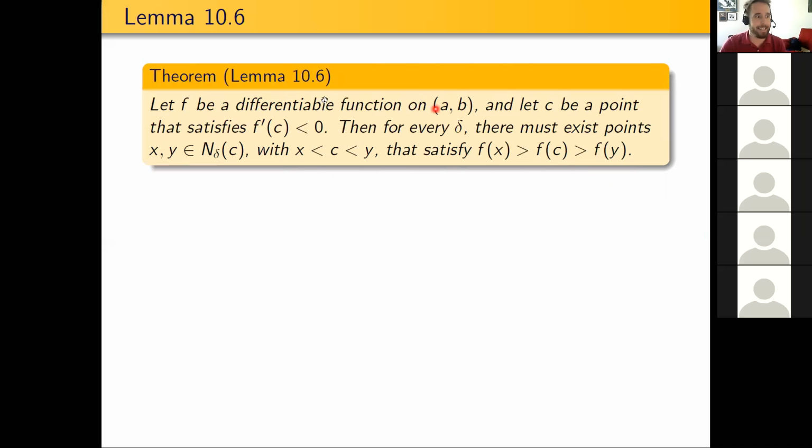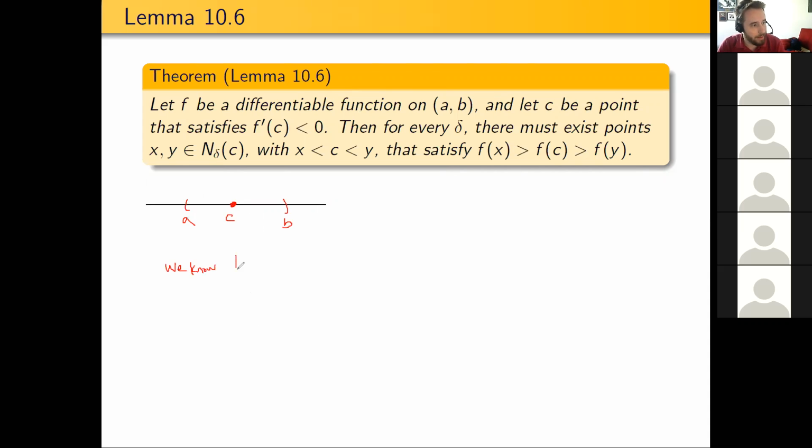So the big idea here was really parsing out exactly what this meant, the one fact that we knew, which was that f prime of c was equal to 0. And as you explored this, we could have our open interval a to b, and a c value somewhere in the middle. The one thing that we knew was that f prime of c was less than 0. And again, what that means is